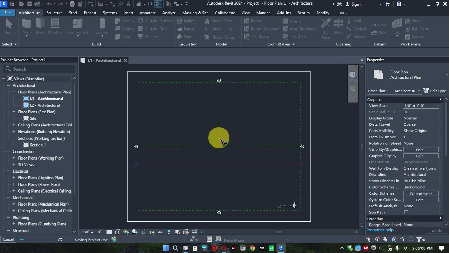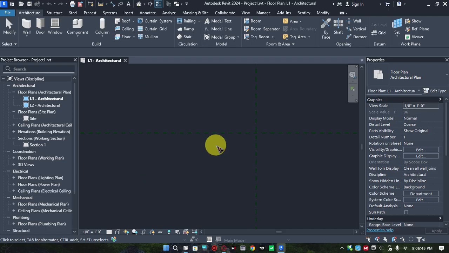While it's saving, let's just wait for it to save. So now in general terms,